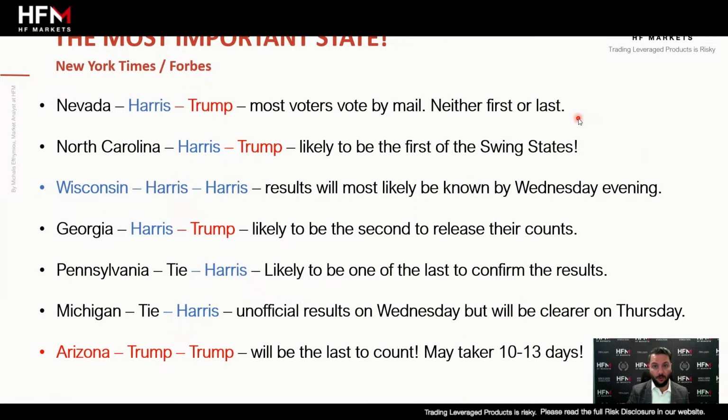Now, we know which states are going to vote for which candidate, because in their history they've always voted in that way, for decades. But there's 7 swing states, and I'll confirm also which of these swing states is the most important. These states, ladies and gentlemen, are basically the ones which throughout the last half a century sometimes vote Republican and sometimes vote Democrat. And here I'm actually going to confirm from the New York Times and also Forbes what their predictions are.